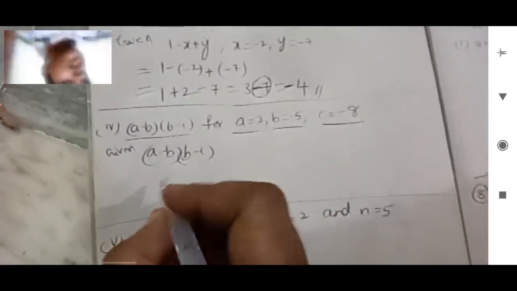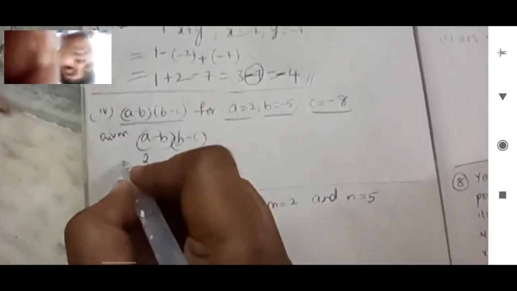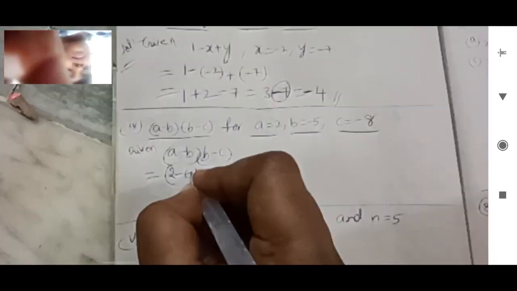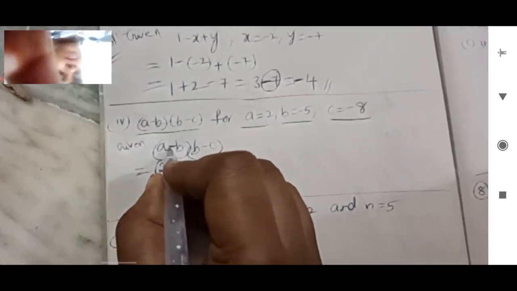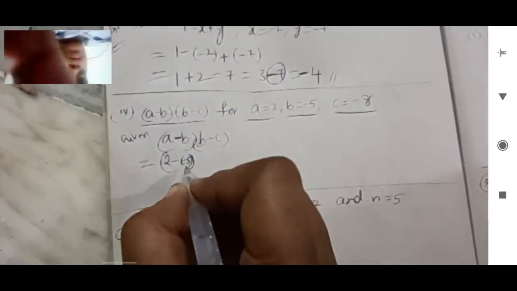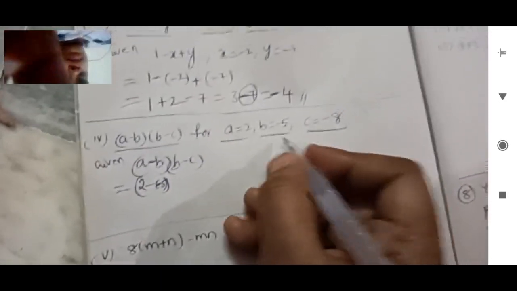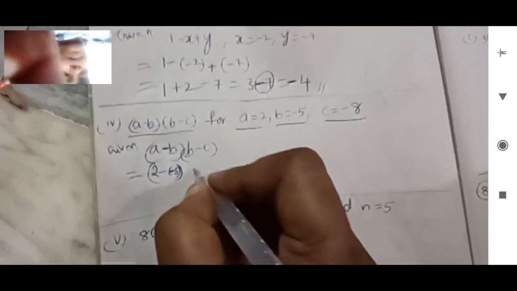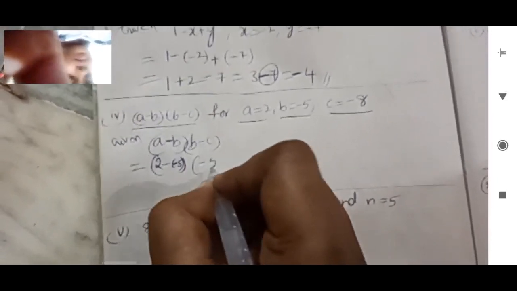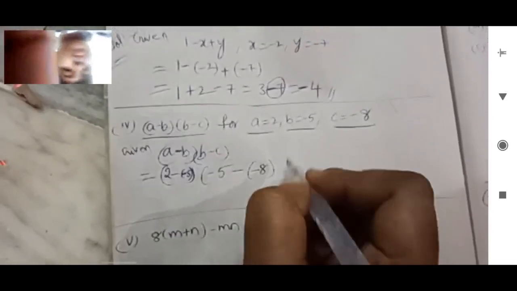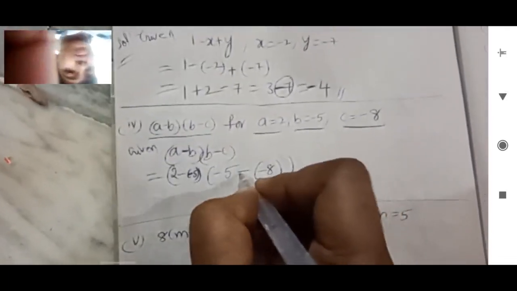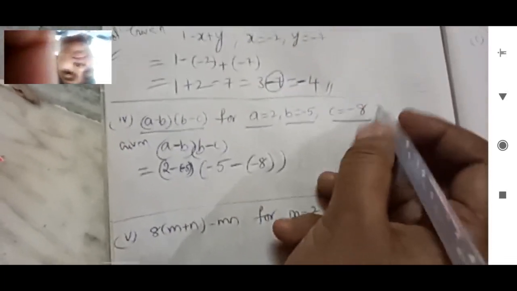Okay. In the place of A, 2 pettali, minus in the place of B, -5, nana. -5 in brackets. Already here minus undi kada. Mali B place lo minus vastundi. -5 they have given. Don't get confused. So in the place of B, -5, minus in the place of C, -8. So here this minus is important and C lo unna minus kuda important.